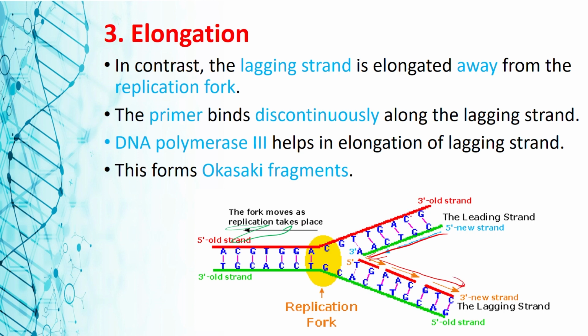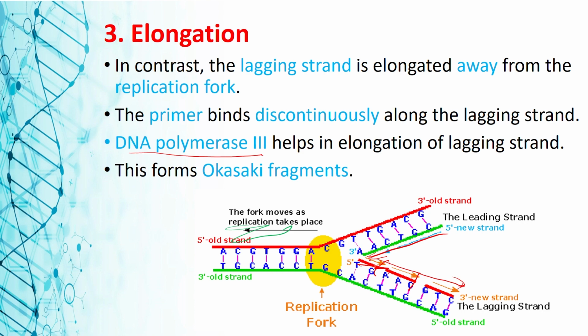So this is the difference: the leading strand is always continuous and the lagging strand is always discontinuous since it is forming away from the replication fork. When this lagging strand is forming, DNA polymerase 3 helps in elongation. The same enzyme is helping. And since these fragments are broken over here, they are known as